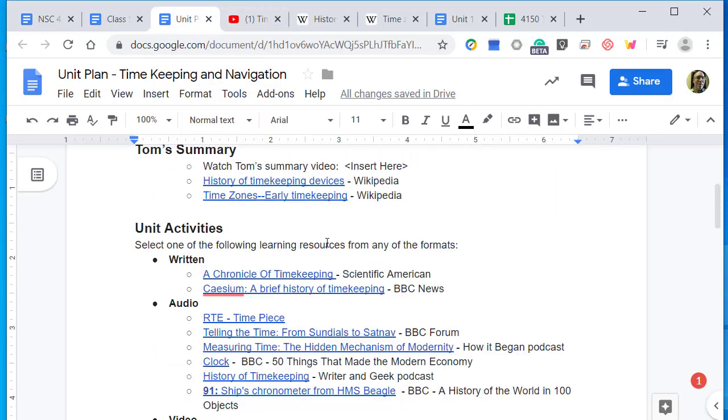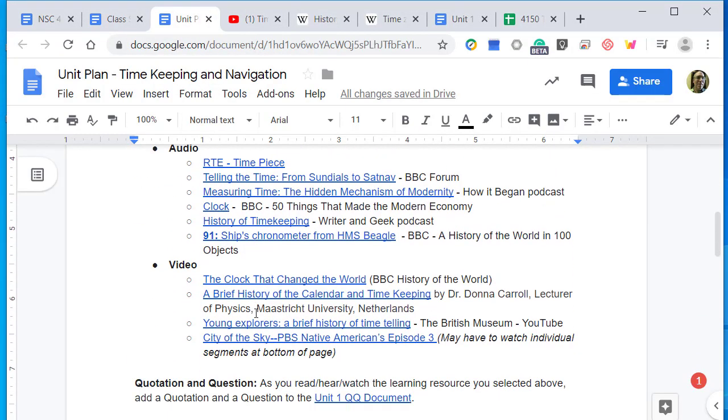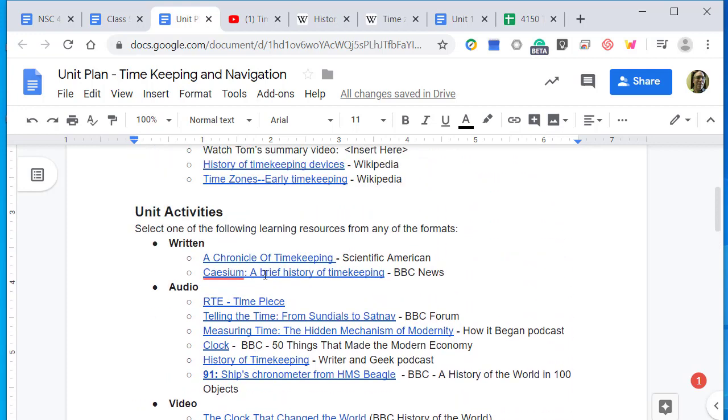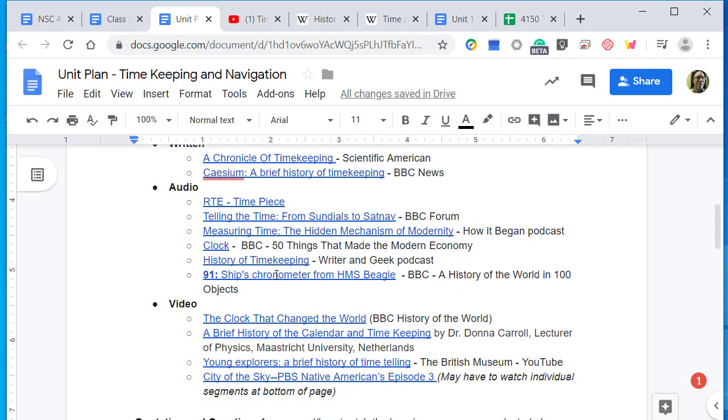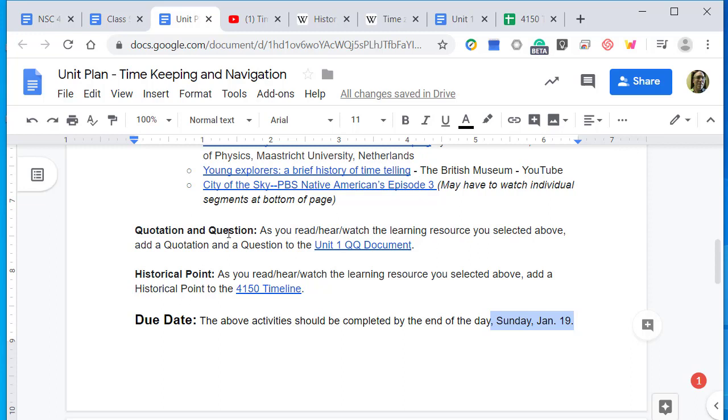So hopefully you'll find an interesting resource you want to read to learn a little bit more about time travel, timekeeping. Select one of these resources, and again do a quotation question and then a historic point to